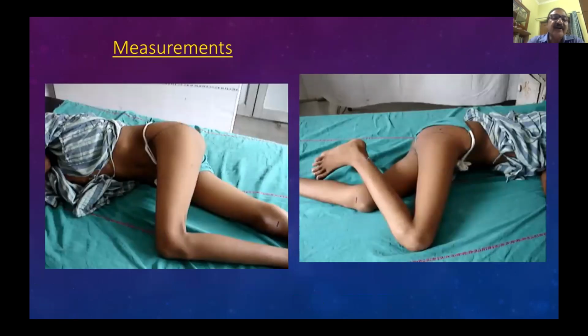This is a method of measuring qualitatively, not quantitatively, the supratrochanteric shortening with the help of the Nélaton's line. The patient lies on the side, the affected side, and the hip and the knee are flexed, and one sees the level of the trochanter, whether it is at the same level as the line joining the anterior superior iliac spine and the ischial tuberosity. This is a normal situation. In a case with a supratrochanteric shortening,